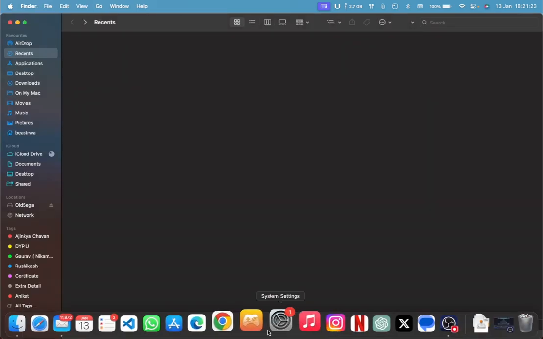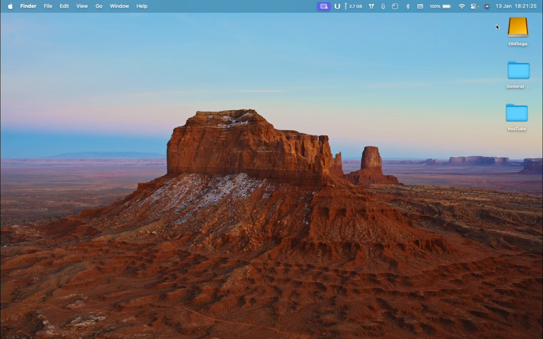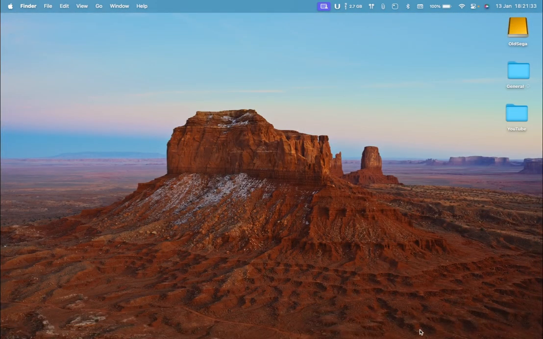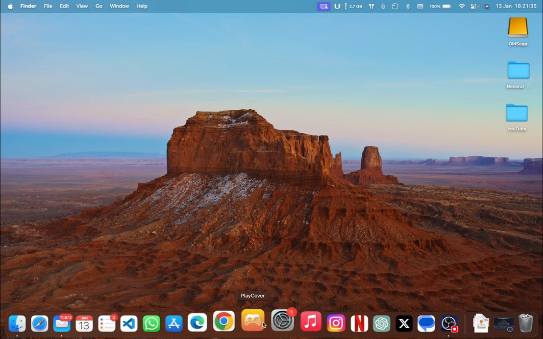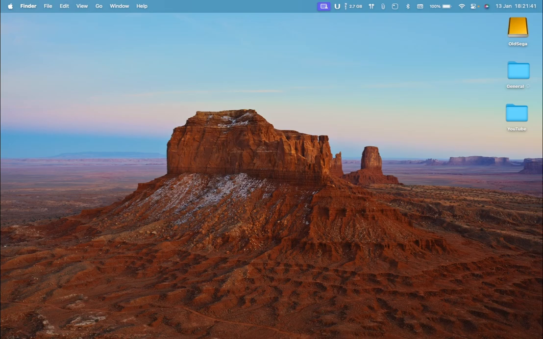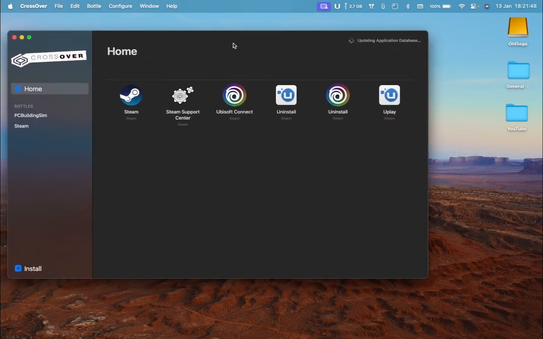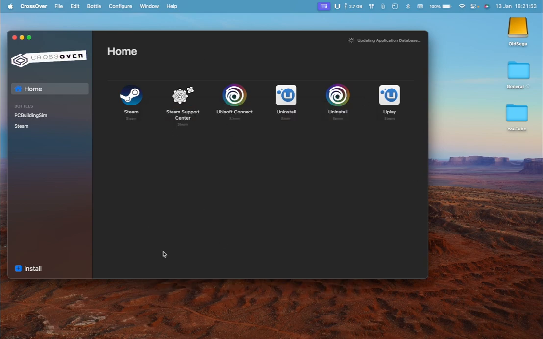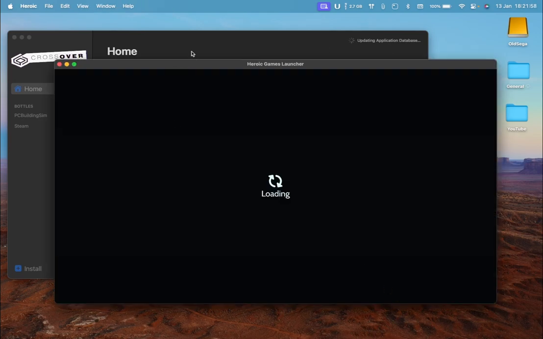and you may also see this icon appearing on your desktop. As you can see, now for this to happen, you must first have CrossOver or Heroic, depending on which platform you're using. I'm using the trial for CrossOver, and also as you can see, I have Heroic installed, and